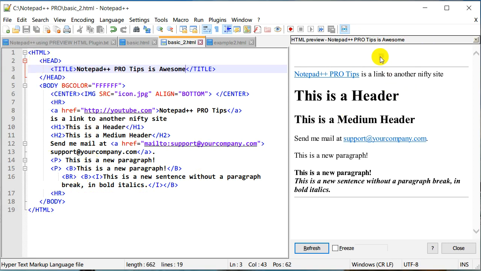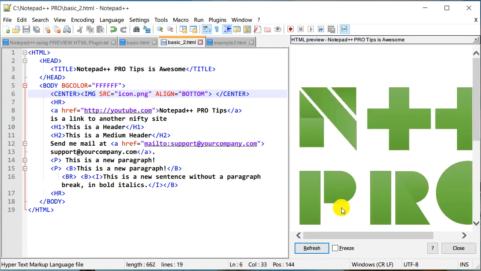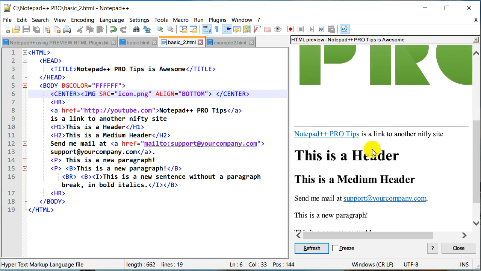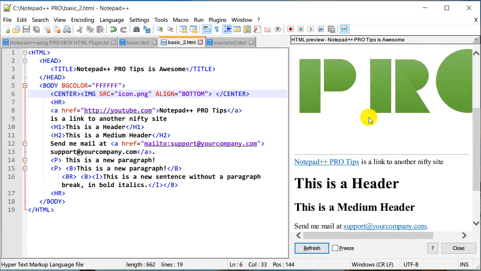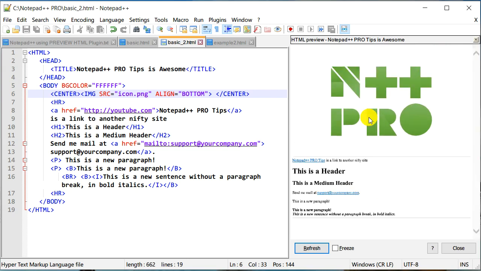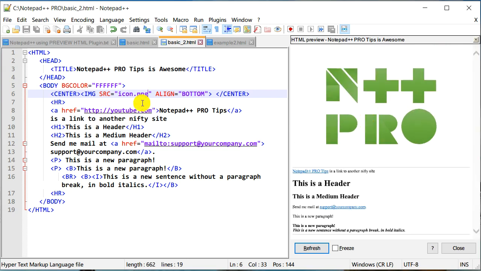I wonder why this icon is not showing up. I think it's PNG actually. Save, refresh, and actually it's pretty big. But that's okay. That was the icon that I had right on the top. Maybe I need to resize that.